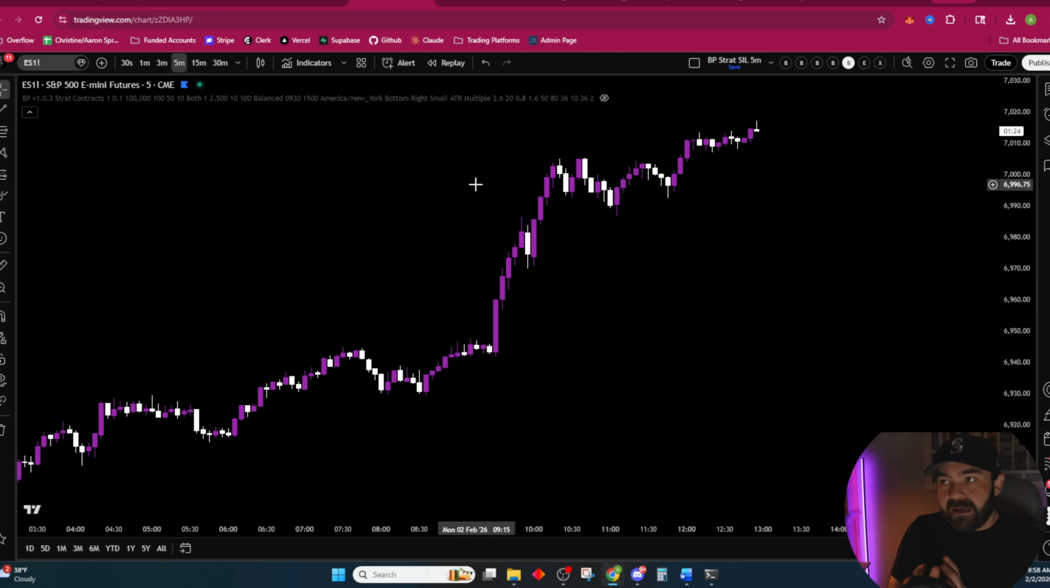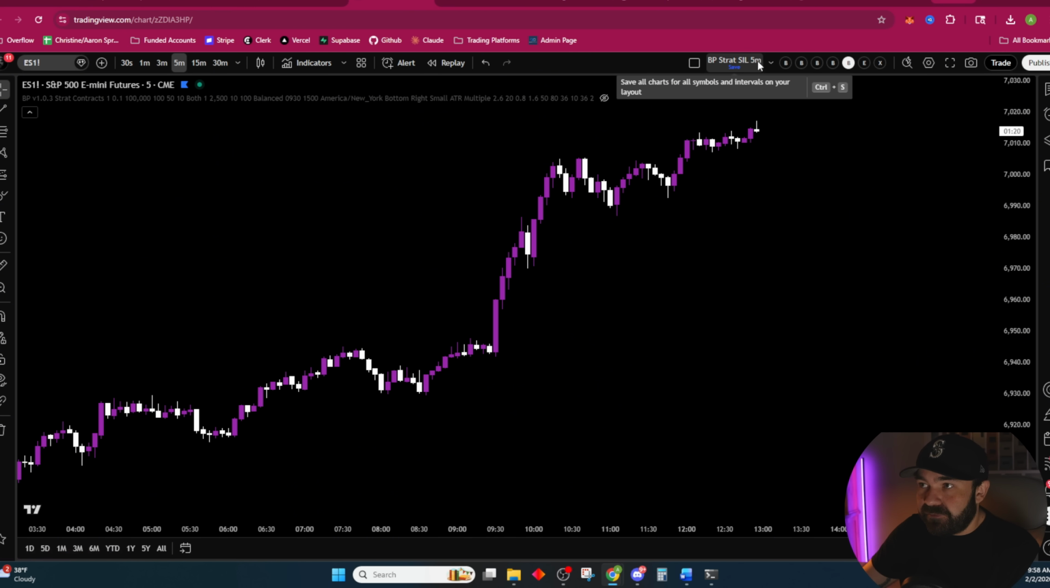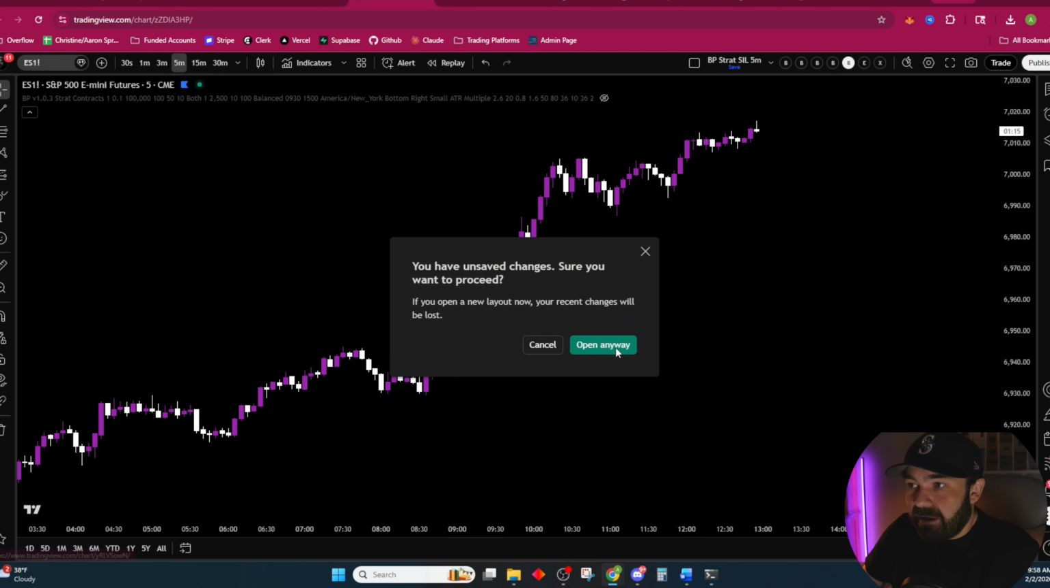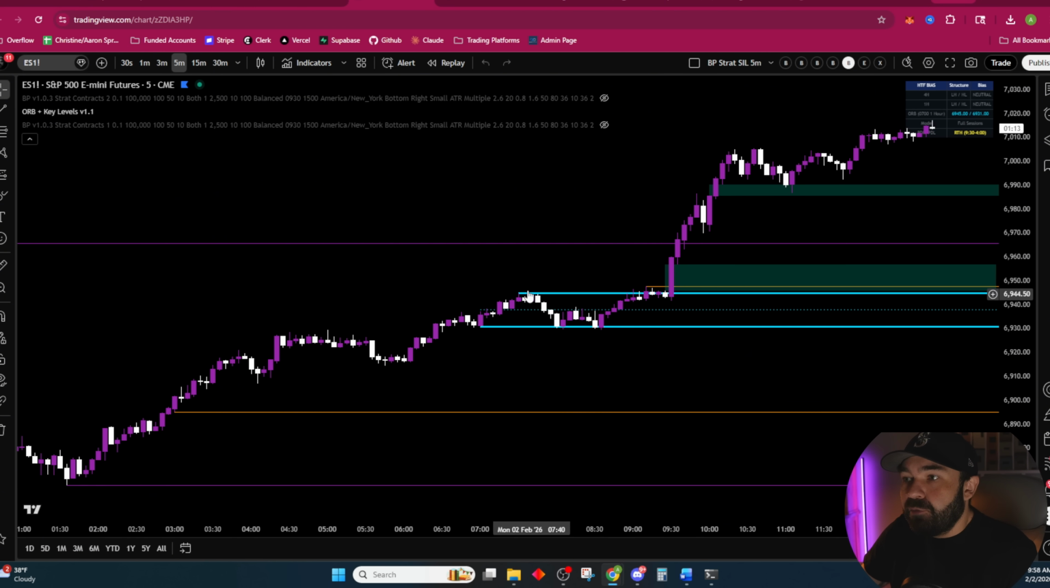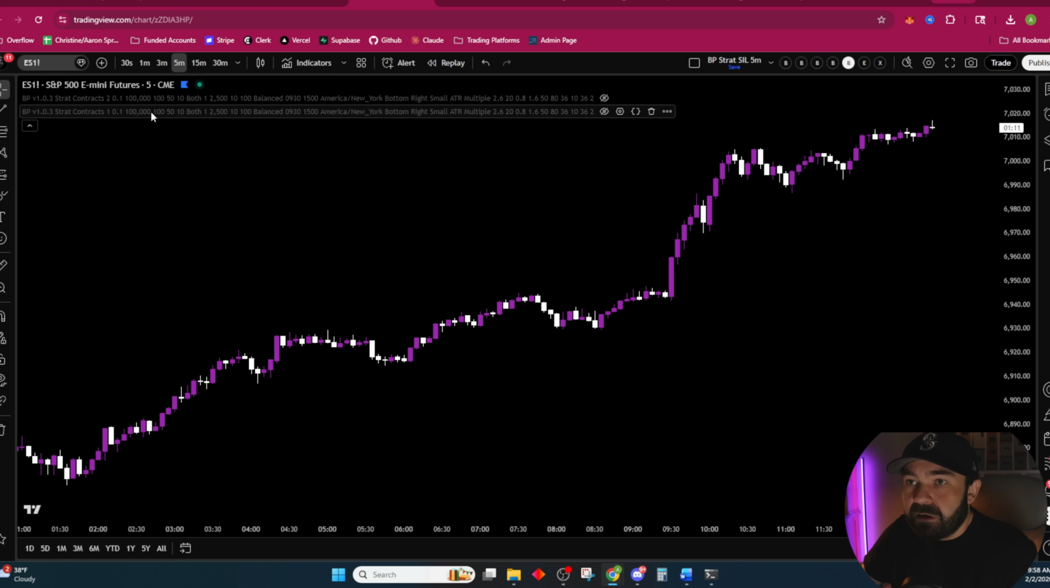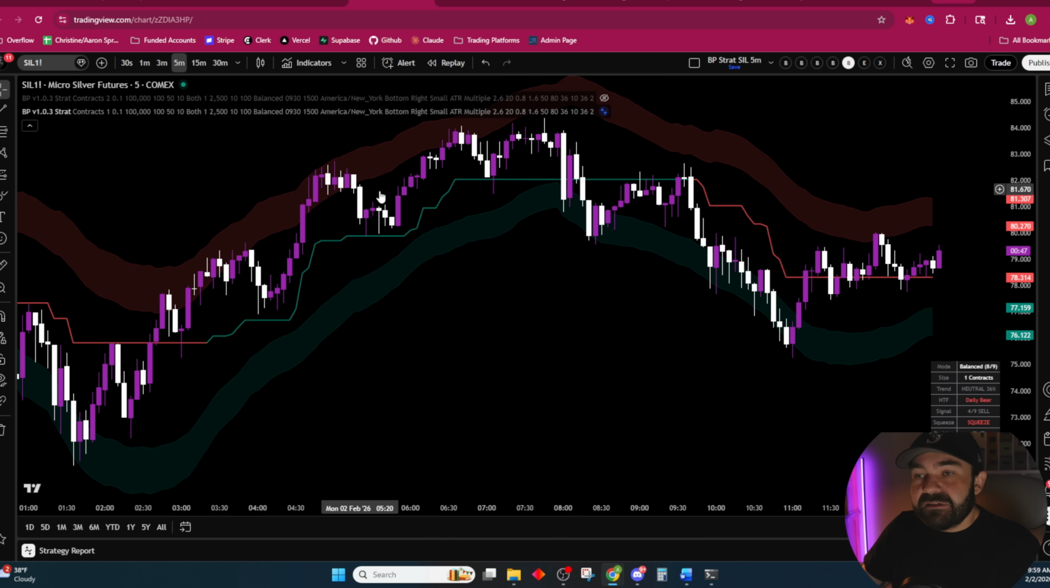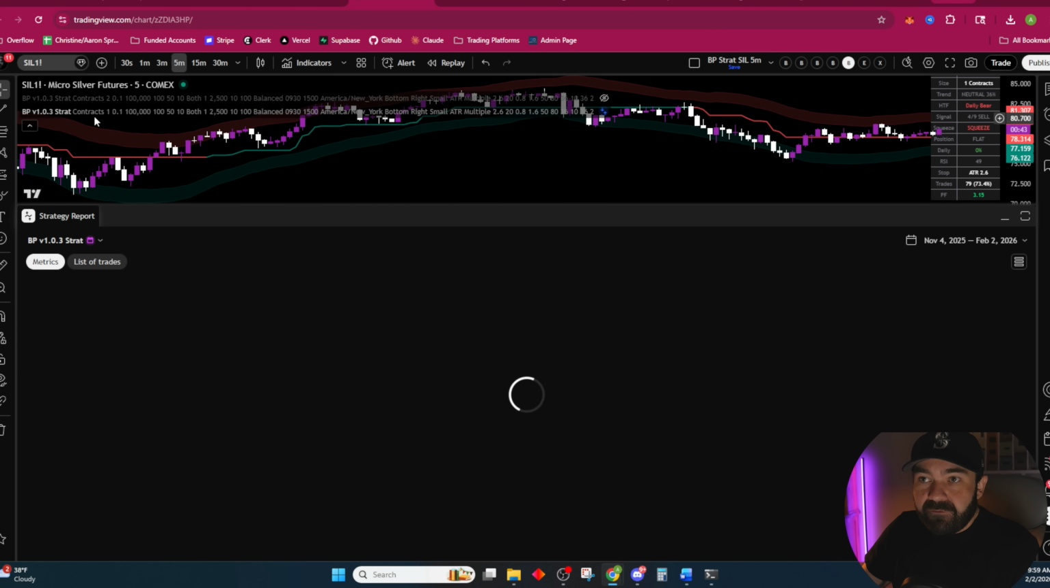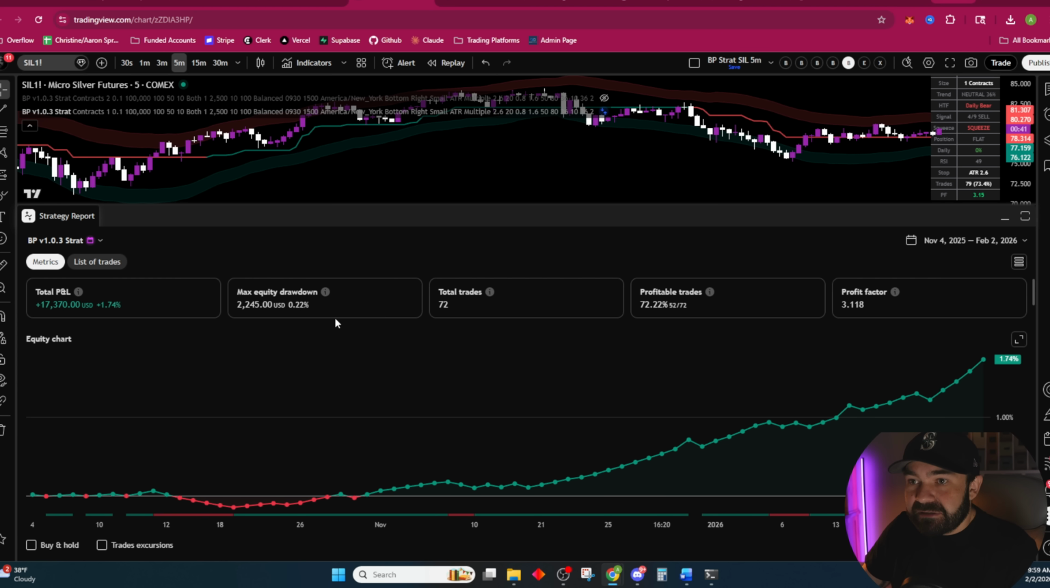custom preset items. You can see up here at the top for me, I have a bunch of layouts favorited. So let's go to my silver layout or strategy, and you can see what mine looks like. Let me turn this off. I don't trade the opening range break on silver. So this is my strategy on silver over the last 90 days. I've fine-tuned this strategy,